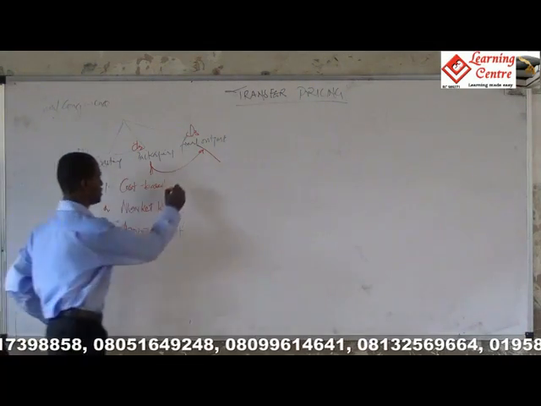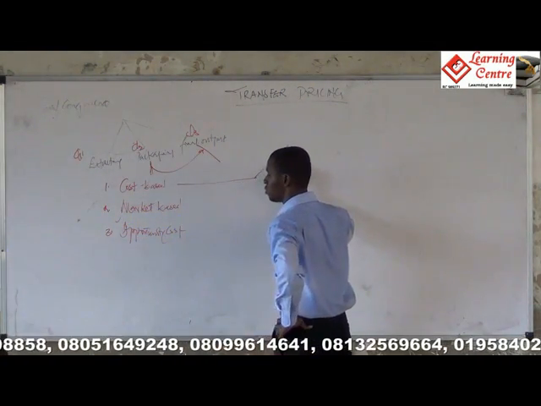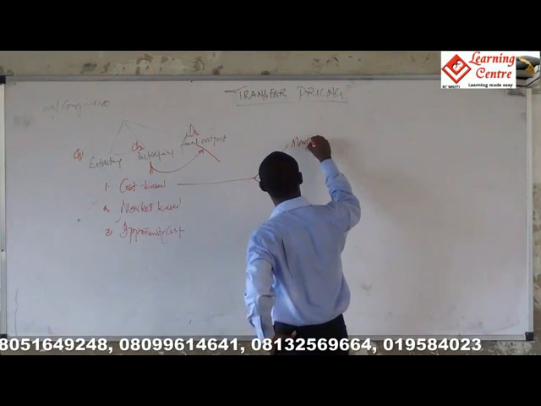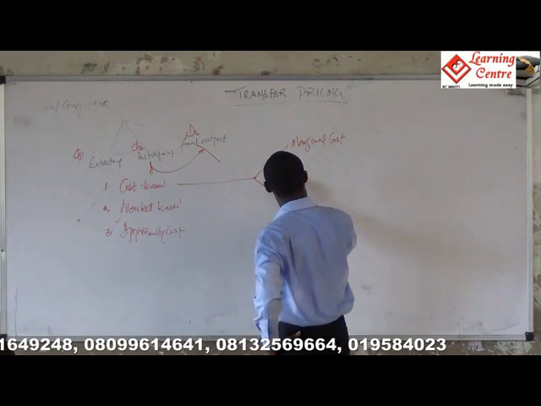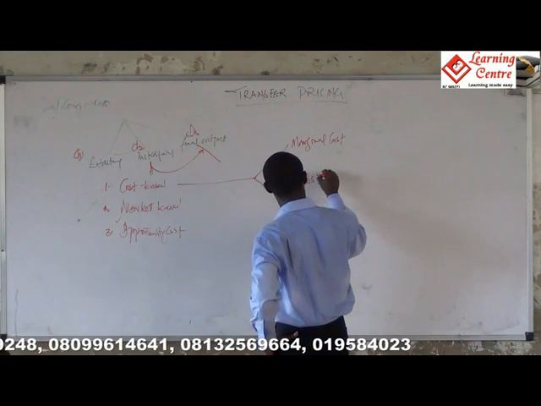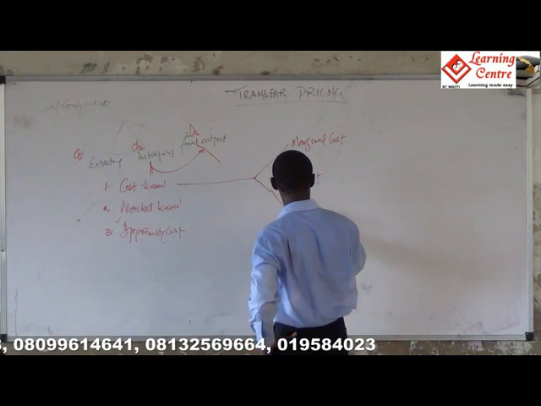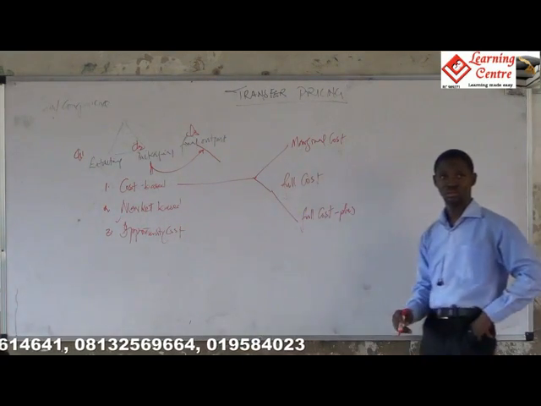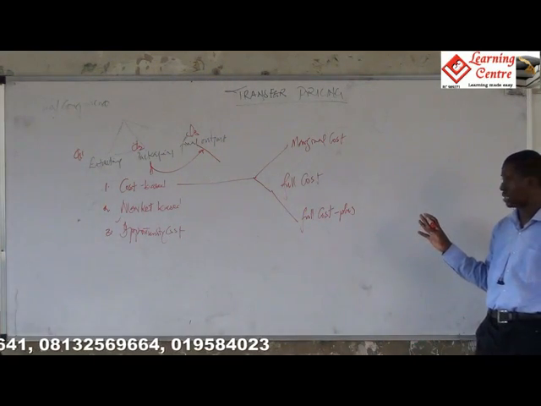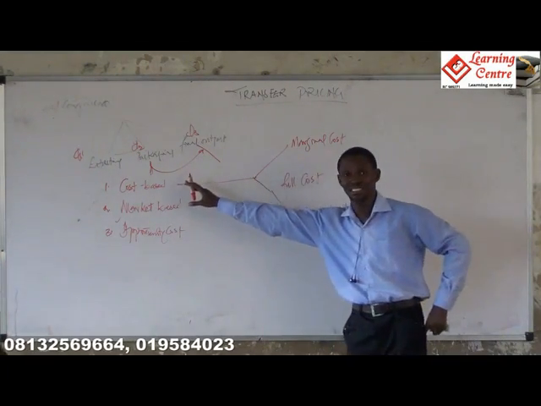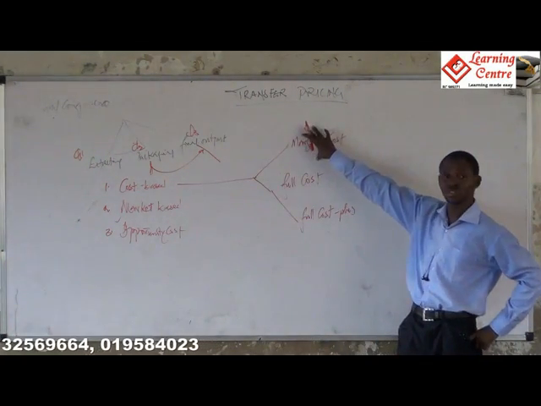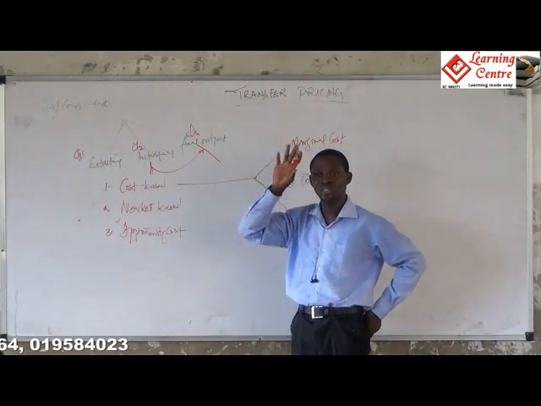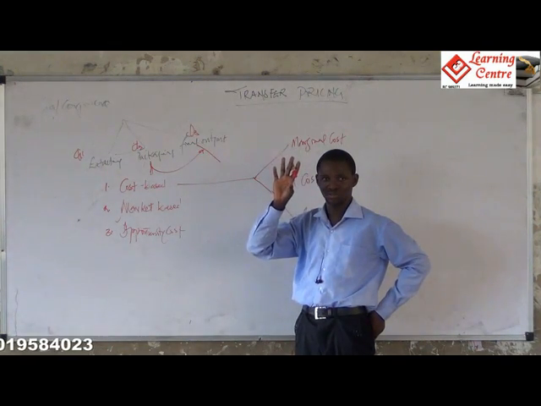Now when we are talking about cost based, we are either talking about marginal cost or what? Full cost, or what? Full cost plus, something like this, okay? Now, if we are transferring the commodity at marginal cost, it means this guy will be paying this guy just the variable cost of production. Do you understand me?